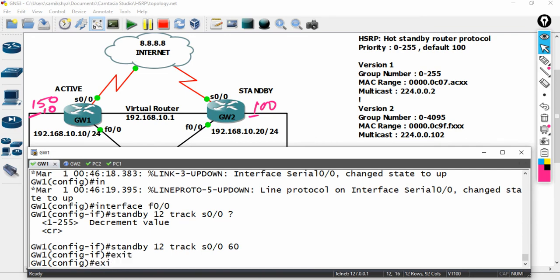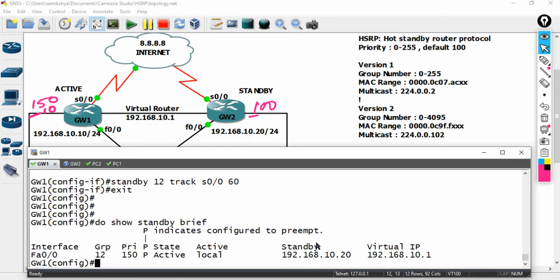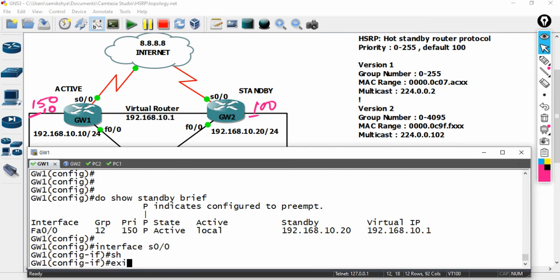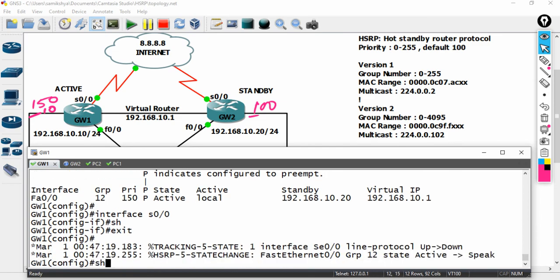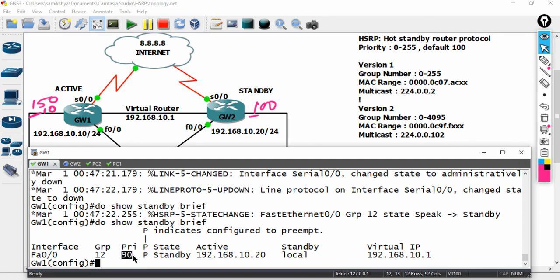So now here you can see, right now gateway 1 is the active router. If one connection fails, then it is going to decrease the priority by 60 and now gateway 2 will be the active router.